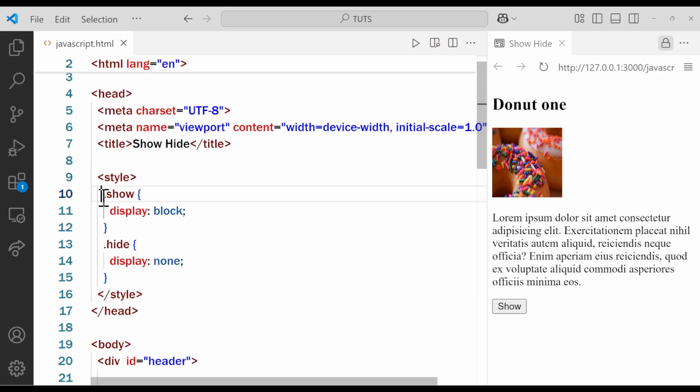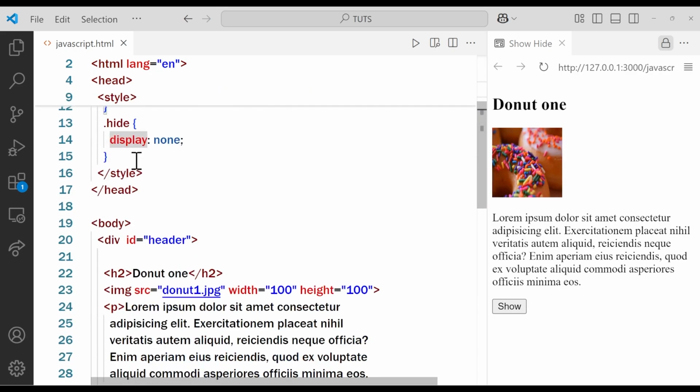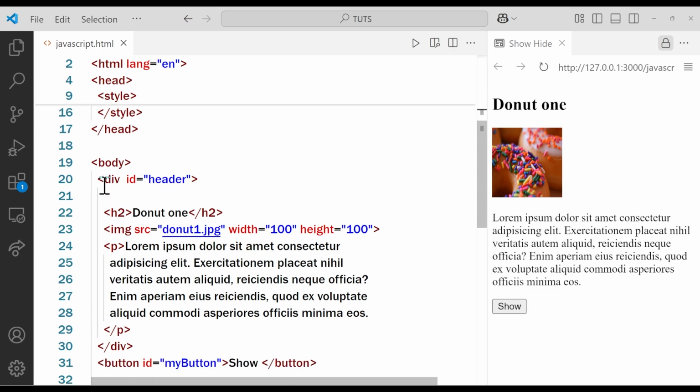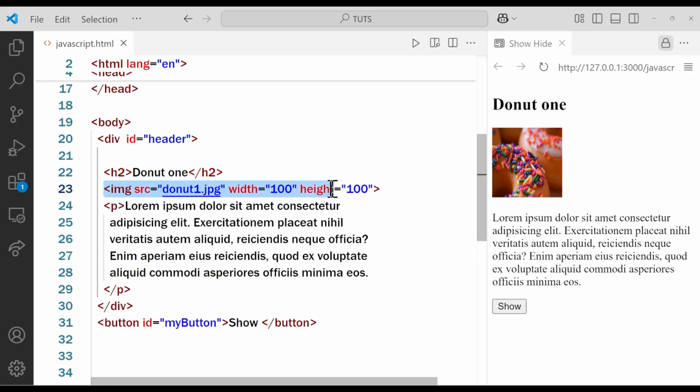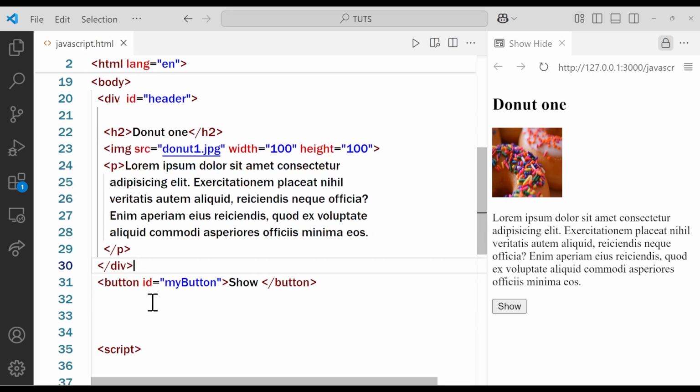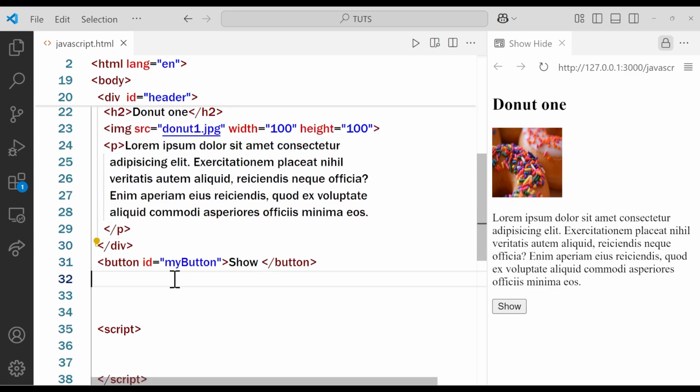Okay, so I have two classes here, and right here inside of the body tag, you see I have this content. I have a div with the ID of header, and inside of it I have this h2, this image and a paragraph, and they are placed inside of that div. So this is the end of that div. And right below it I have a button with the ID of my button, and it says show right here. So you see it says show, but now even if I click on it,